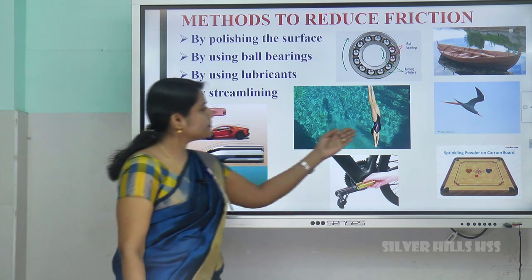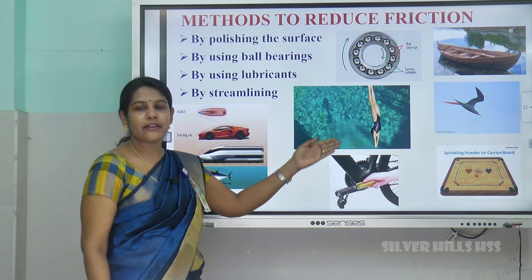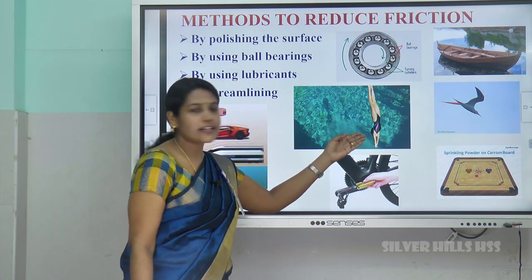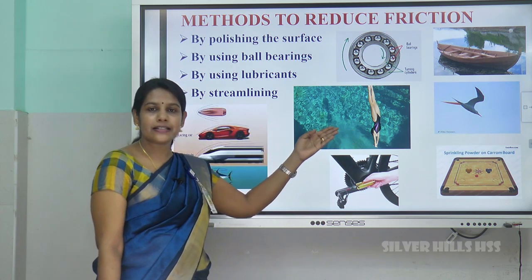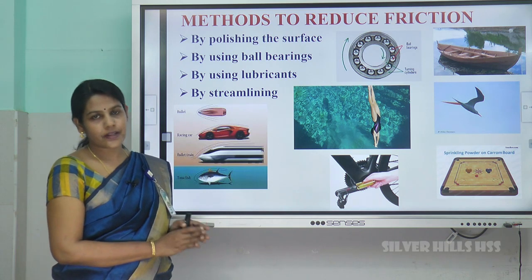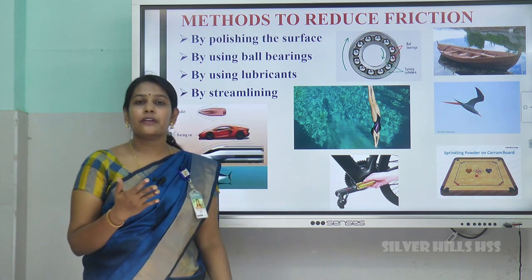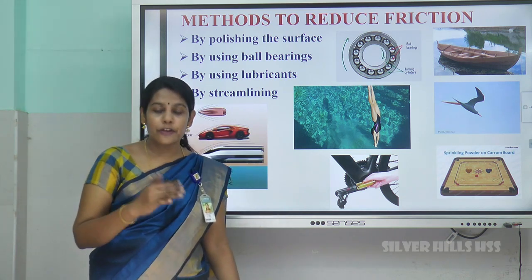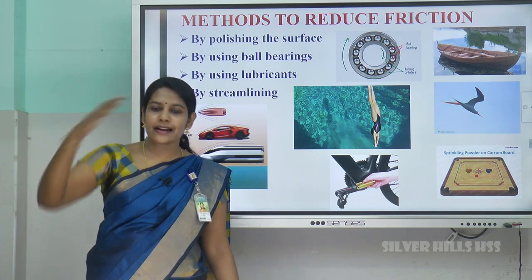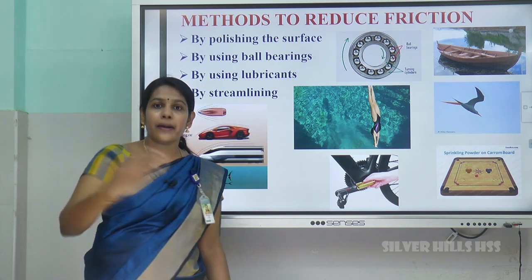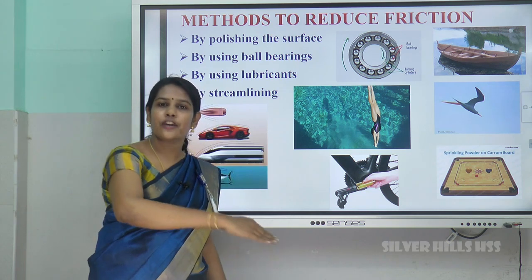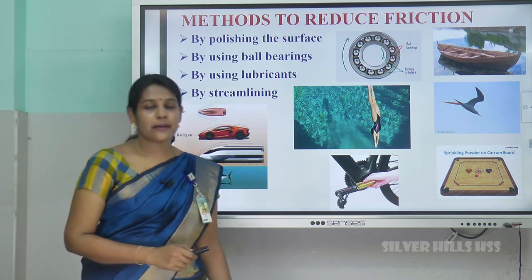So see this picture. You can see a diver. This is how they will jump from the bridge. So their body is streamlined. In this particular position, it is streamlined. So this helps them easily to get into the water by reducing the friction of water. The same thing happens when you try to put your hand into a bucket of water. If you bring it like this, the friction is high. But if you bring it like this, it reduces the friction because now the shape is streamlined.